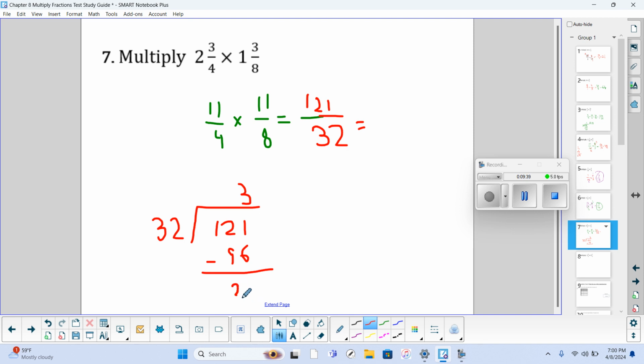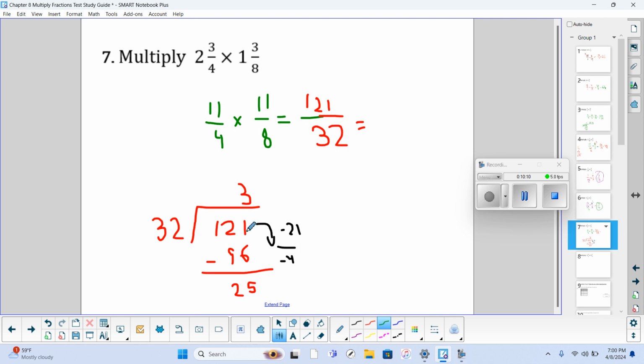All right. Now, for people who say, well, how'd you get 25 so quickly? I kind of thought of it this way. If I go from 121 down to 100, that would be subtracting 21. And then I have to go down how many more to get to 96? So down another 4. So 21 and 4 is 25. That's one way to do it, or you can do the standard